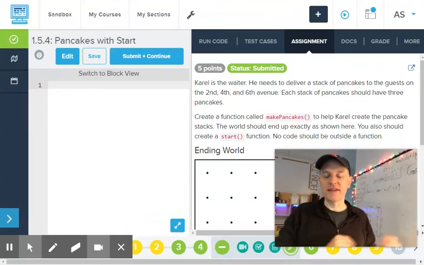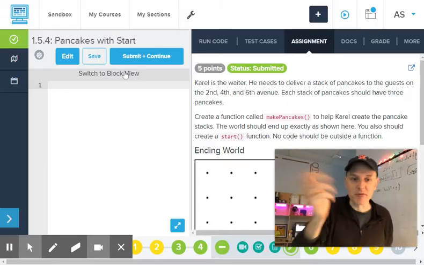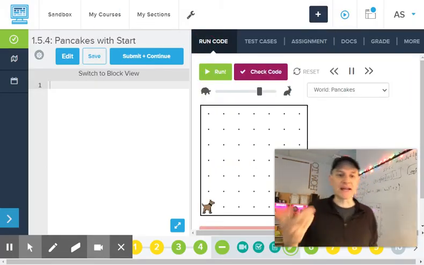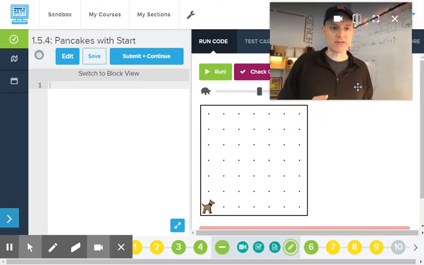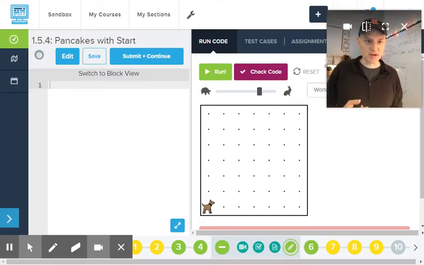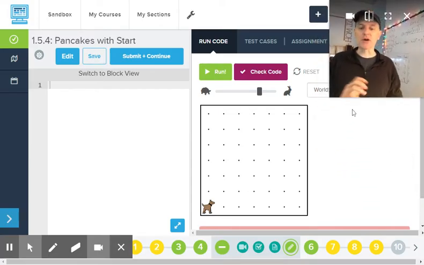Hi, here I am on the Pancakes with Start puzzle exercise that I'm about to solve here. So when I get to the screen, I'd see something like this. Move myself out of the way here. Okay, so